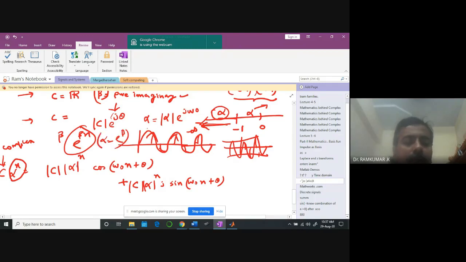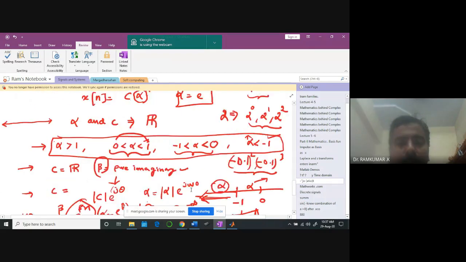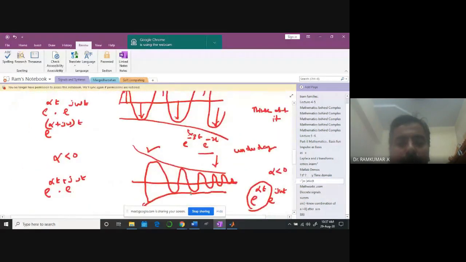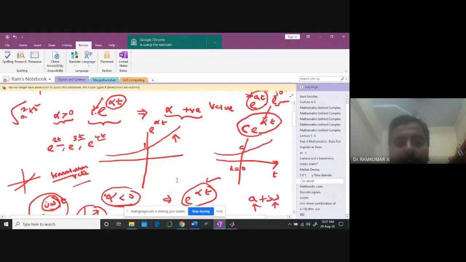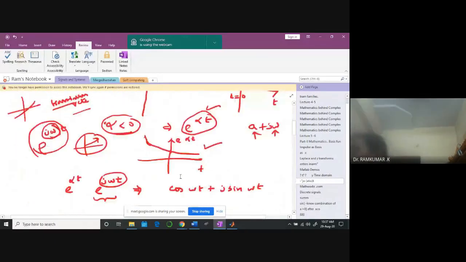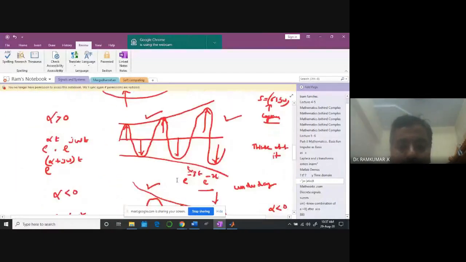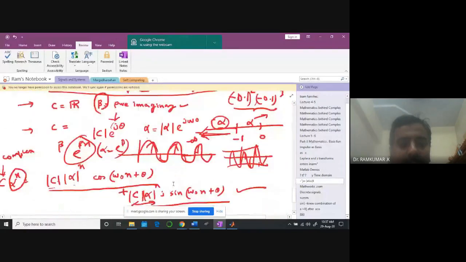Can also be complex. Then naturally I'm going to get C alpha power n cos omega n theta, C alpha power n j sin omega n theta. Both are complex. Okay, the magnitudes are getting multiplied. So think about these waveforms carefully. Okay, both real as well as complex. If you understand the continuous time waveform clearly, then you can apply it for the corresponding discrete time domain also.